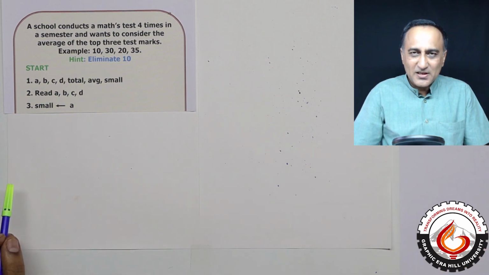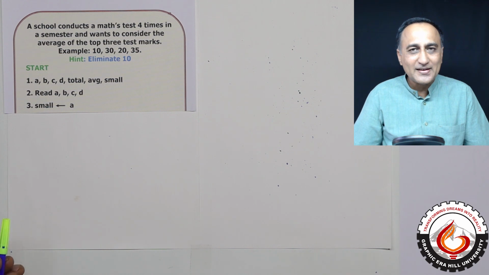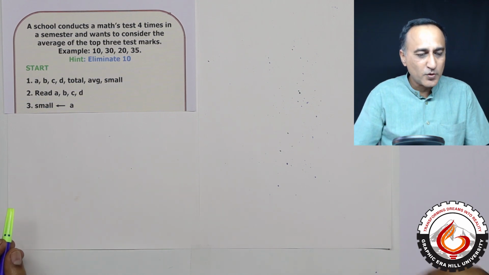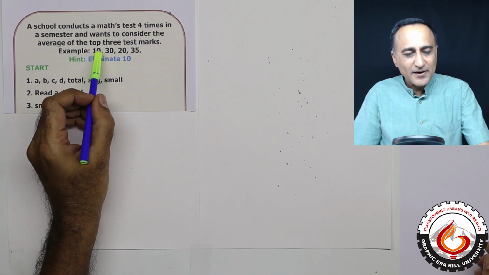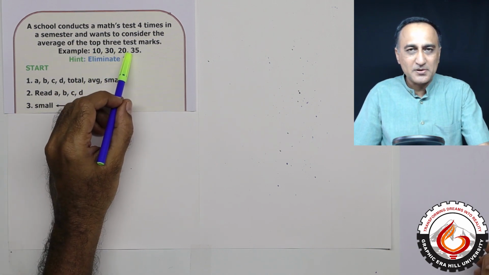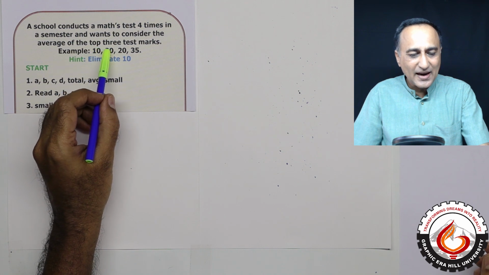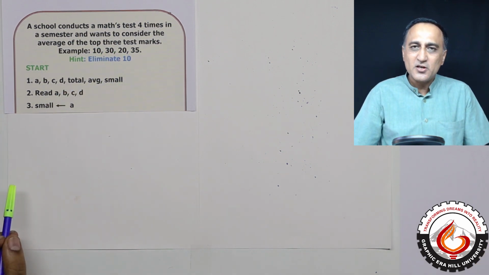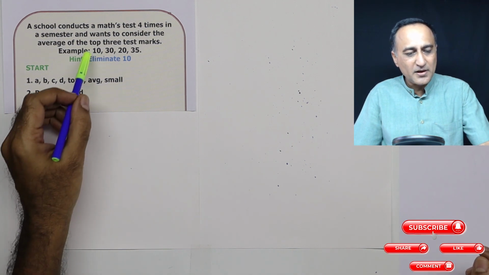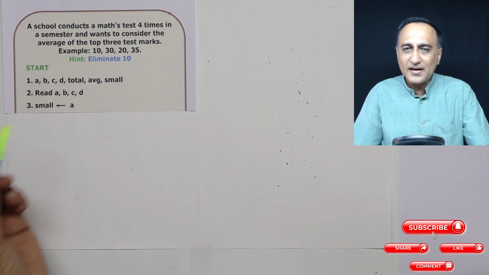So we have done something similar to this before. It is just that you need to relate the logic which is done before to what we are going to do now. What I can do is find the smallest of these 4 numbers, then add all of these numbers and subtract the smallest. When I subtract the smallest, automatically I will get rid of 10.